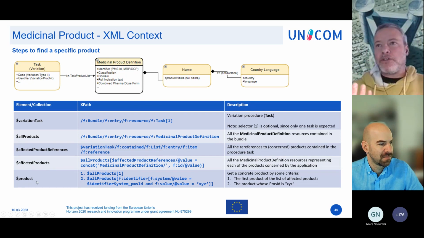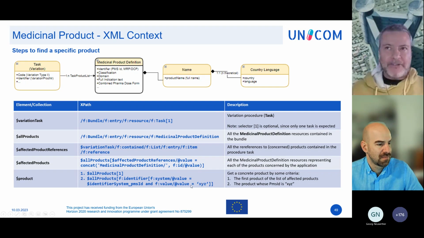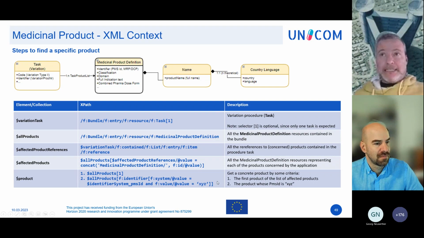And then among those products, we need to choose one, and we can use any criteria we want. For example, take the first one of the list, or take a specific one that has the PMS ID equal to X, Y, Z. The first point of the last row is the first method, that is, take the first one of the collection, and the second one is more specific and maybe more realistic, and give me the one who has the ID I want.